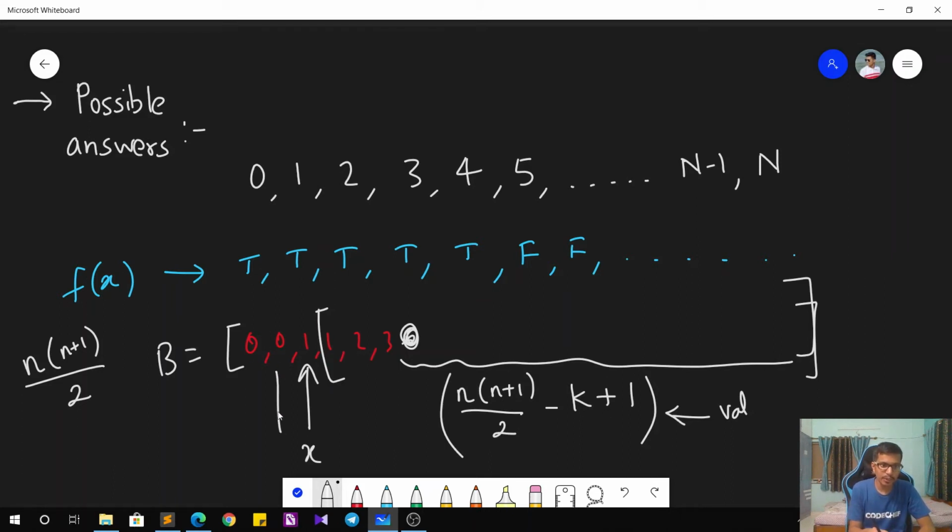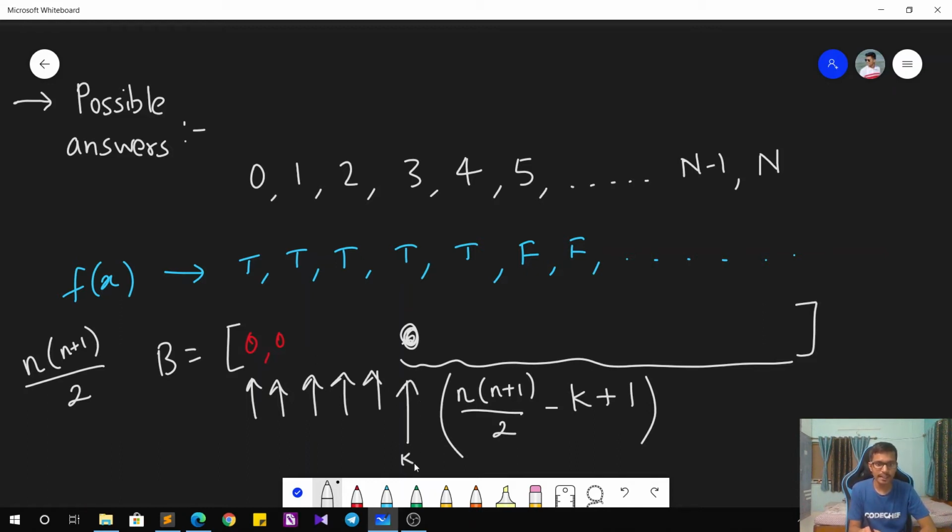Same is the case for x equals 0, for x equals 1, for x equals 2. So basically what you can see is that for all the elements that are present to the left of our kth element, this is our kth element, okay, to the left of our kth element, the function